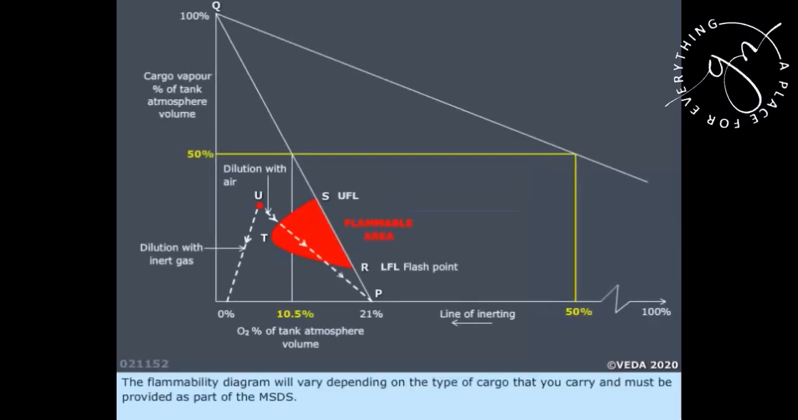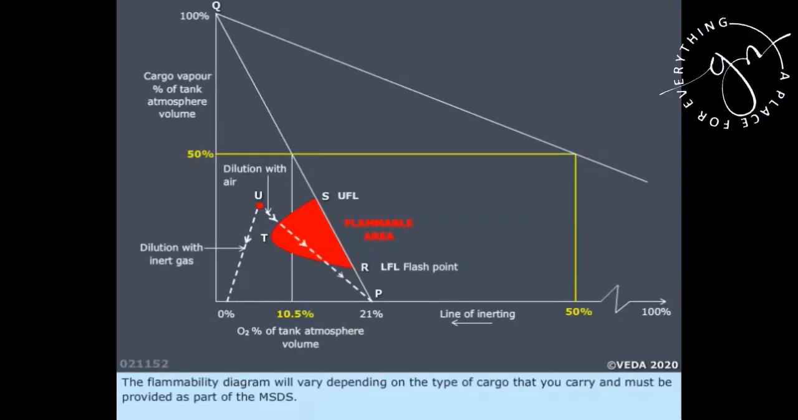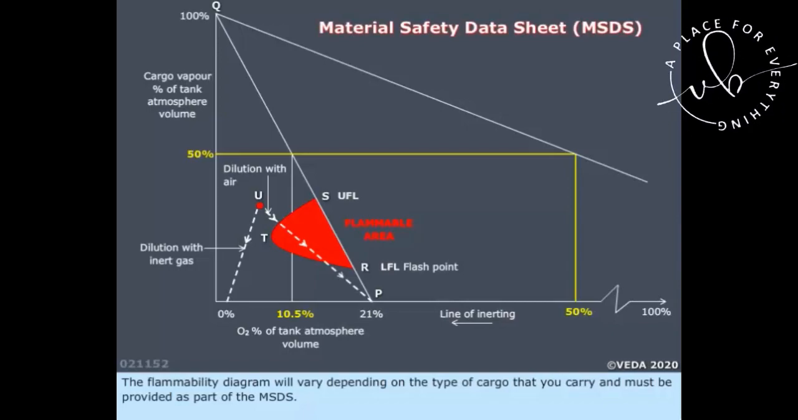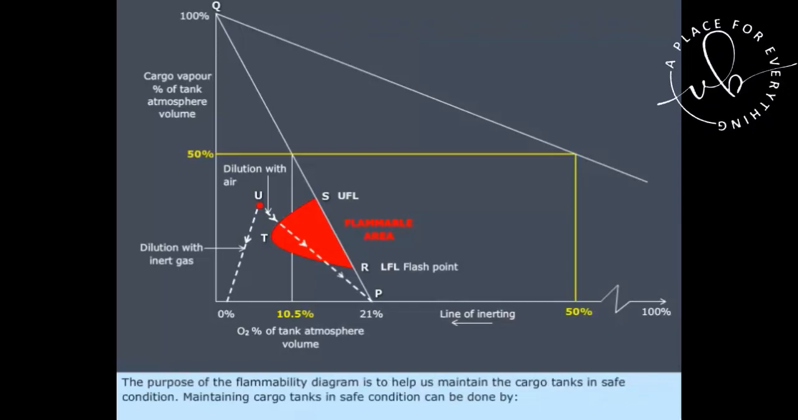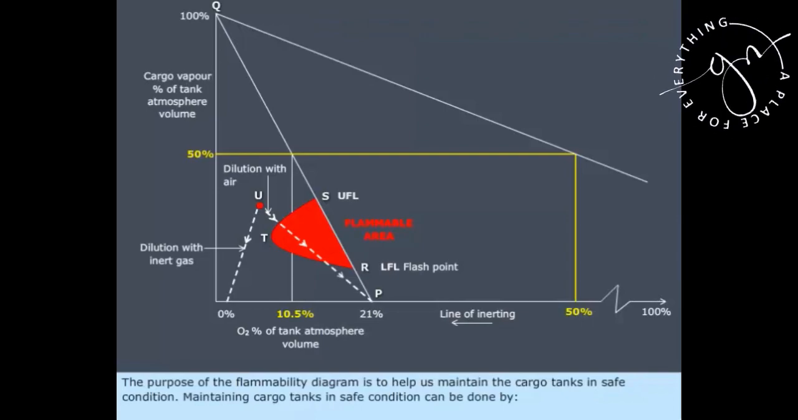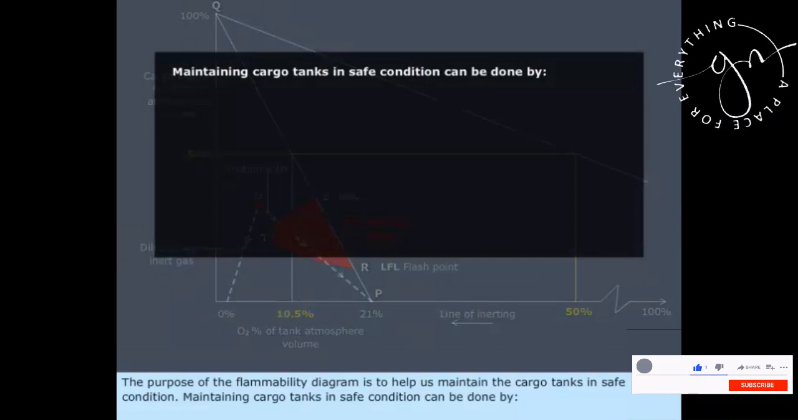The flammability diagram will vary depending on the type of cargo that you carry and must be provided as part of the MSDS. The purpose of the flammability diagram is to help us maintain the cargo tanks in safe condition. Maintaining cargo tanks in safe condition can be done by